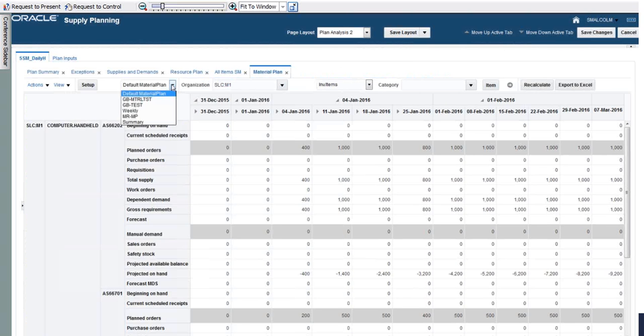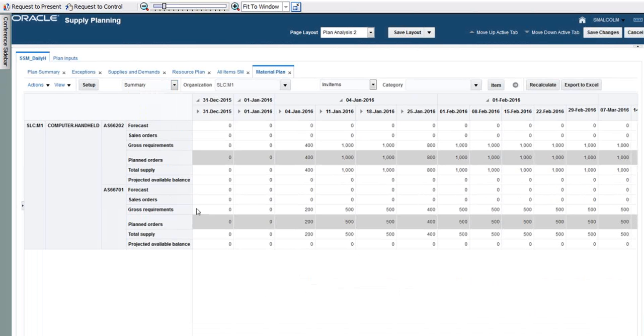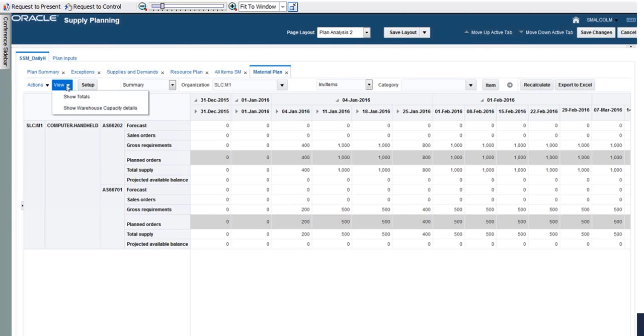So what we can do is tailor those views and have them available in a quick pull-up list. So in this case, next slide, we'll switch to a more summary view of this information, just to take a look at the overall heartbeat of this item and org combination. And in this case, remember, we're digging into a shortage situation. And so what we're going to do next is really take a look at some of the resources. And so if we go to the next slide,